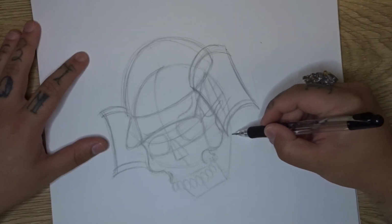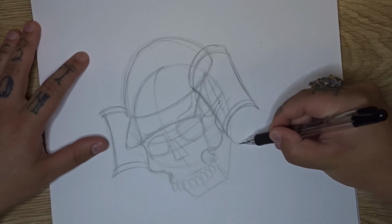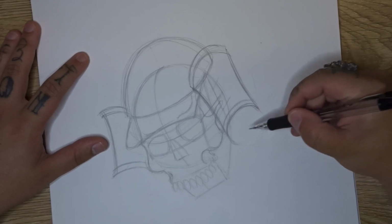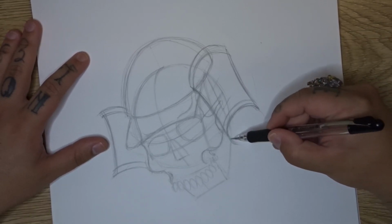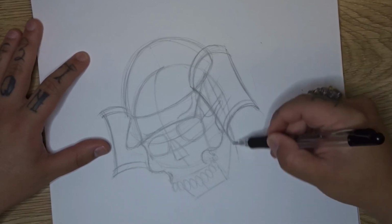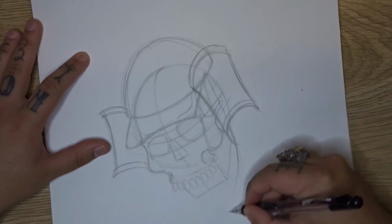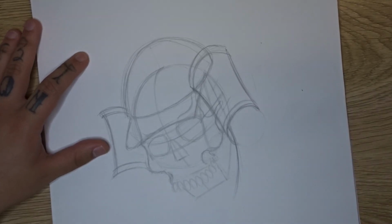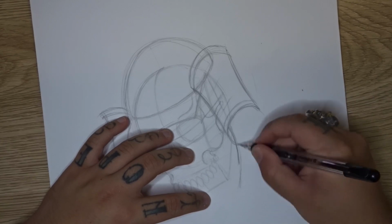Okay, we're going to come in from just underneath this bottom curve that we did. We're just going to bring that back around for a second, as though we're going to complete the bottom, but not quite. From behind the bottom line and in front of the line that we just did, we're going to bring a line that comes down with a curve in this direction. Okay, a slightly less bit of curve at the bottom there,